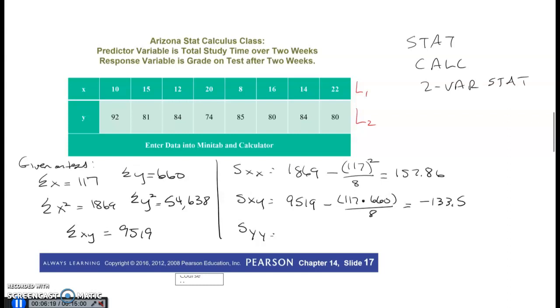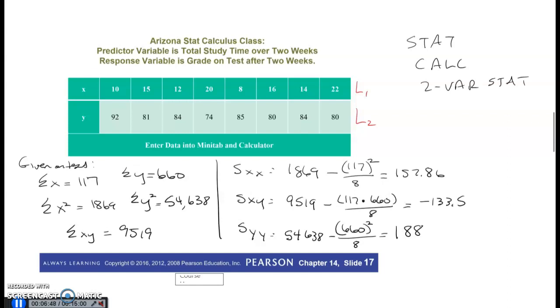Syy is going to be the summation of y squared, that's the 54,638, minus the summation of y, that quantity squared, so that's your 660 squared. Please make sure you know the difference between these. Divided by 8, and that one is going to give me